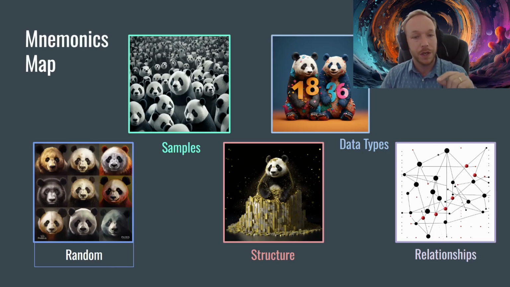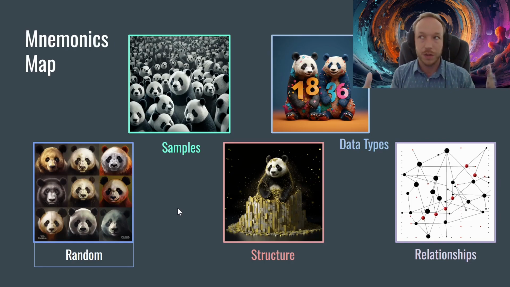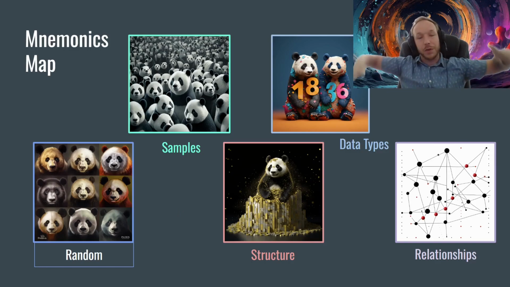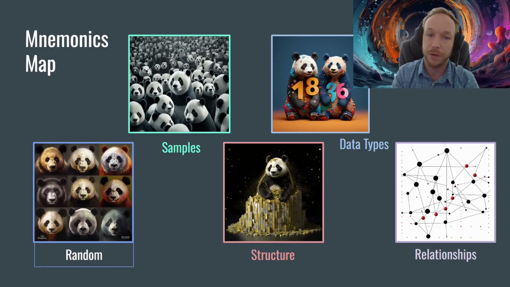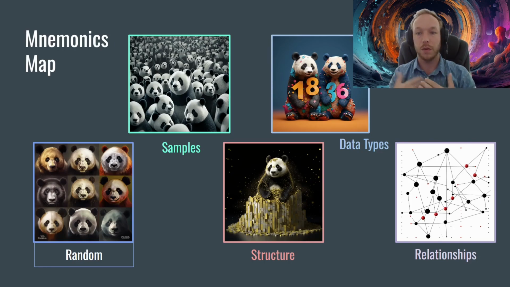We also talked about how it's important to remember that we always have a sample, regardless of how big it is. Remember, we're standing outside of our pandas environment at the zoo, and we saw all those pandas falling from the sky, the big mountain of pandas. That was still just a small sample of all the pandas out there. So we just need to keep in mind that we are dealing with a sample, and that will have an effect on the robustness of the answers we can extract from our data.